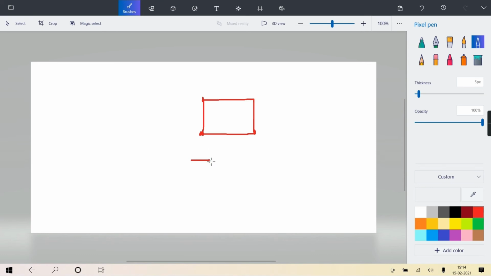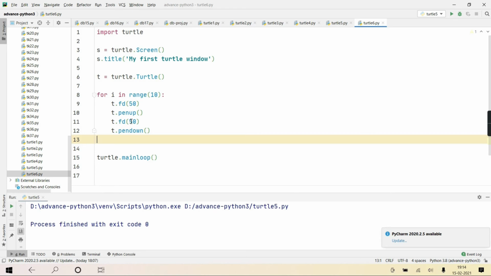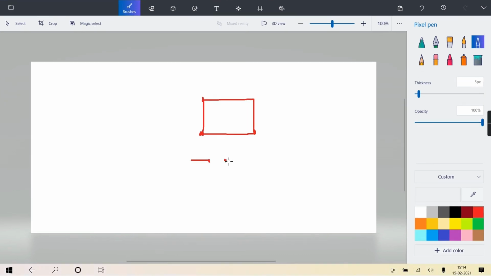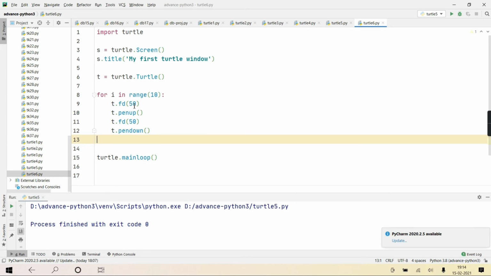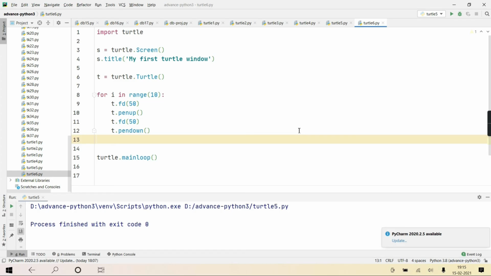Then the pen is up now. And again forward 50, but when it goes forward 50, during that time the pen was up. So a mark is not produced. Right? Okay? Pen was up and forward. Now again I'm telling pen down. Now the pen is down actually. And the loop is continuing. Will it come up again? And again these 4 lines. Forward 50, pen up, and again forward 50. But during that time the pen was up. Again pen down. Okay? So this way alternate dashed lines you can see.